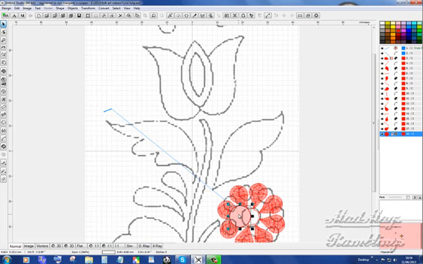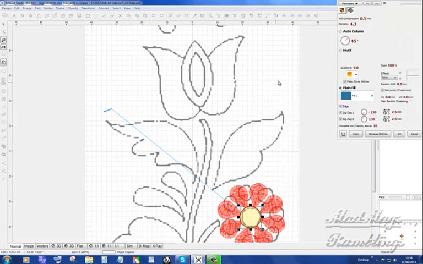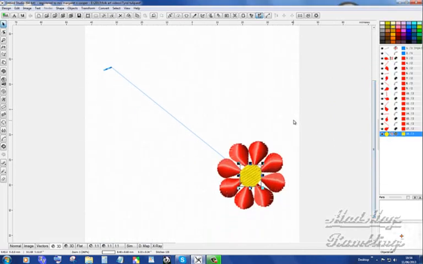I want that exit point where I want it. Pop that onto the center there. Go and drag down bright yellow, parameters, and I'm going to leave it on fill 1. Apply, generate. So there is my first element of my design,